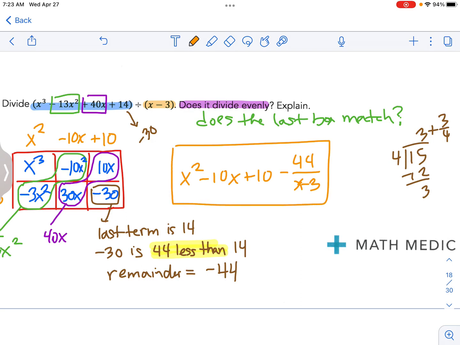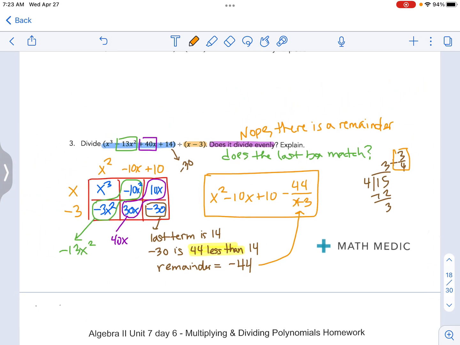So that is my factor. Does it divide evenly? Nope. It does not divide evenly. There is a remainder. And we represent that remainder as a fraction, just like we do here when we do our long division